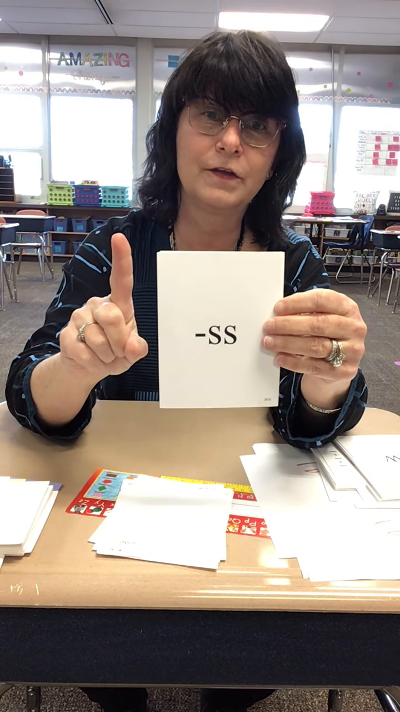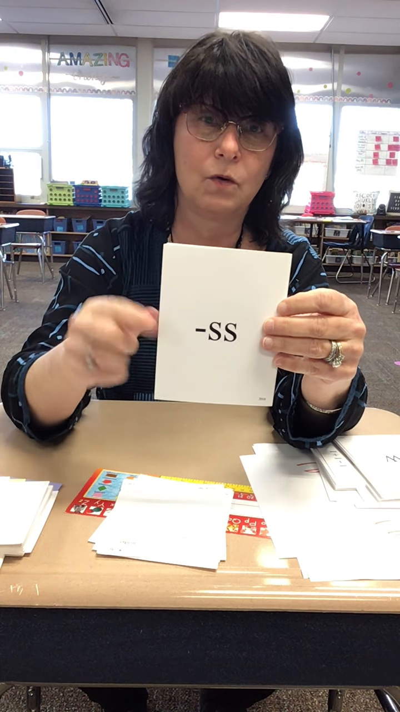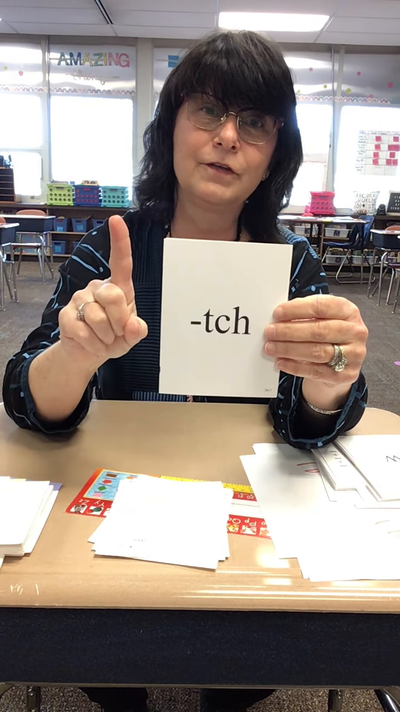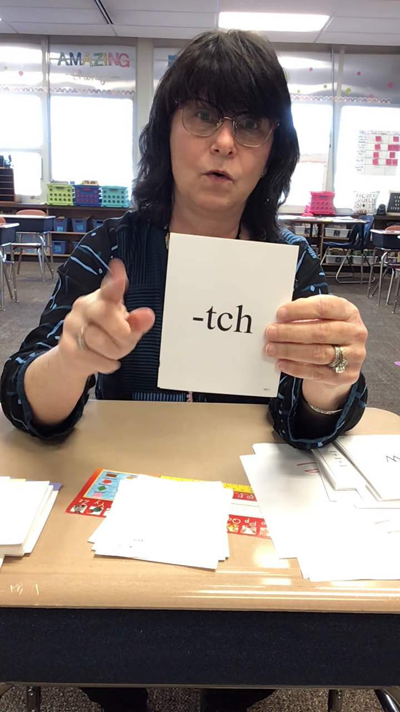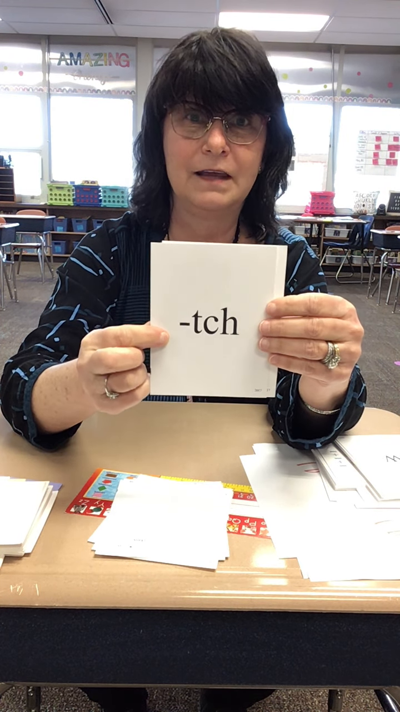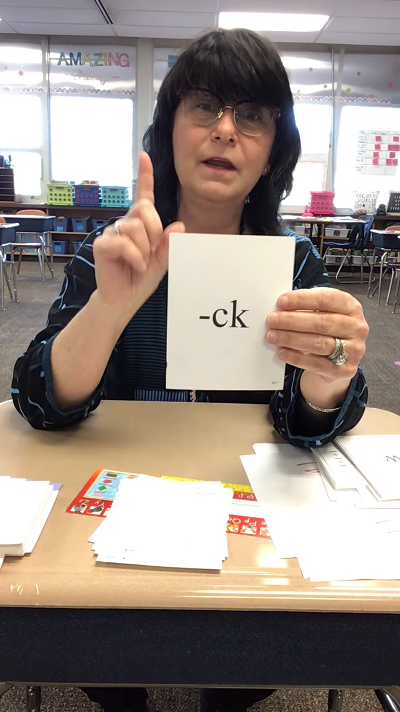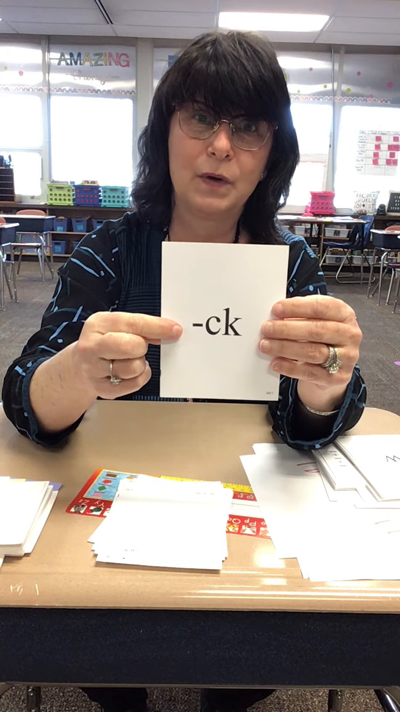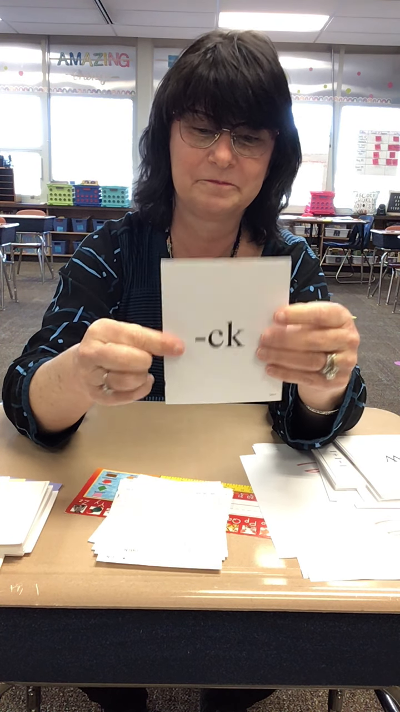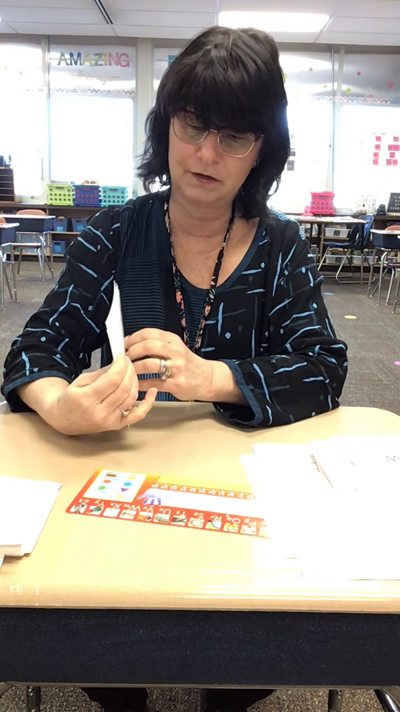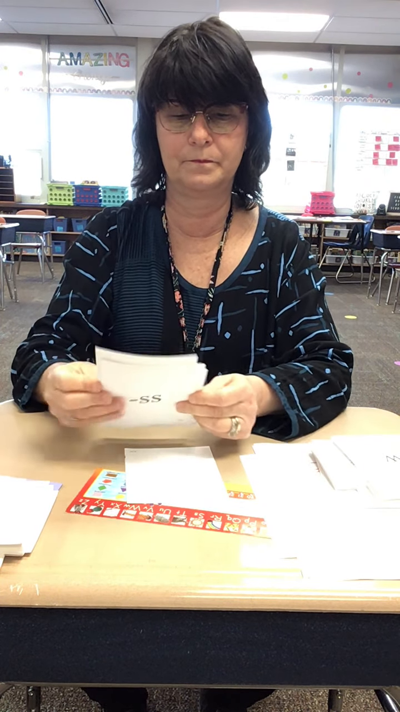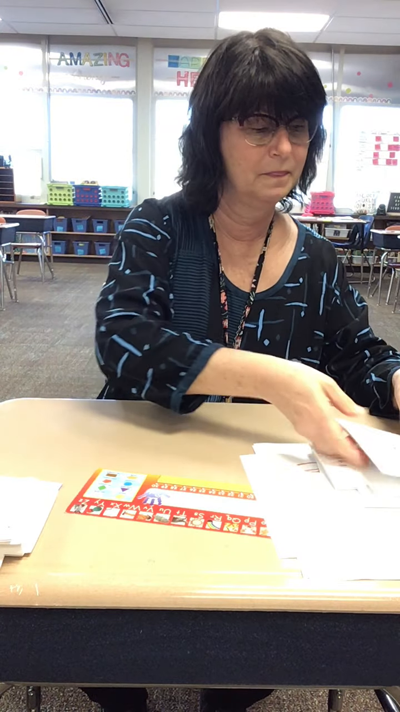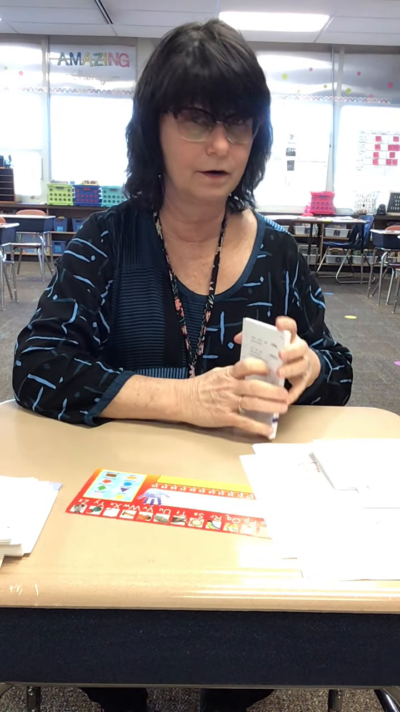At the end of a one-syllable word, after one short vowel, S is spelled SS. Ch is spelled TCH. K is spelled CK. All right, let me mix those up for next time. And on we go. These are some of our vowel